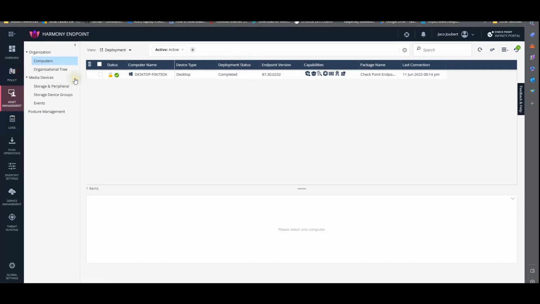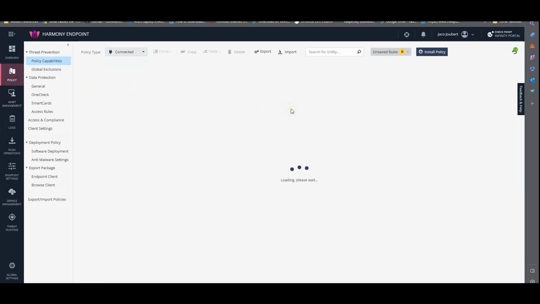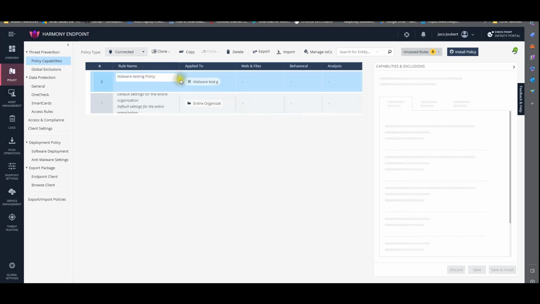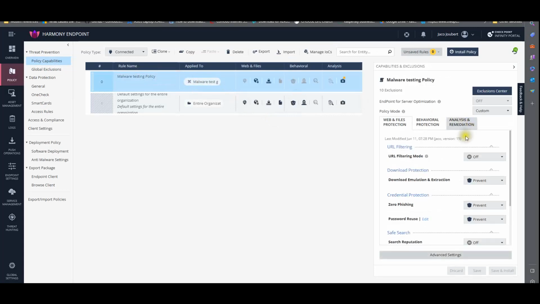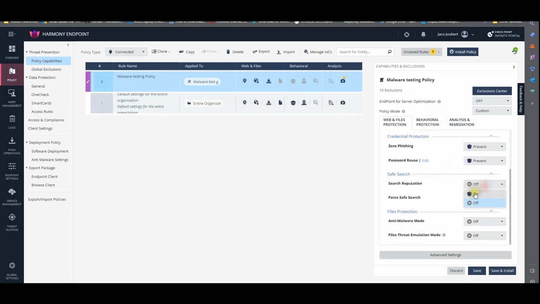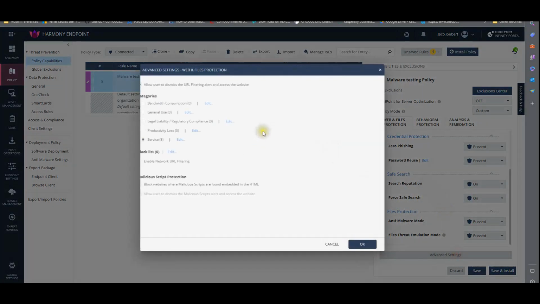So we're going to go to our policy. We're going to enable the protection here as well. Okay, so this is our malware test policy. I'm going to say prevent on that one. I'm going to enable all of this because we're going to start the test in any case. So under advanced settings,